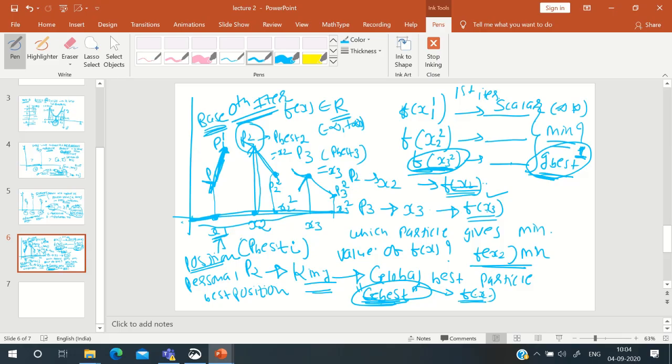Which one is minimum, this one or this one? If this value is minimum, then in the next iteration, the global best particle will be this and not this. So the original G best particle will be replaced by this new G best particle,